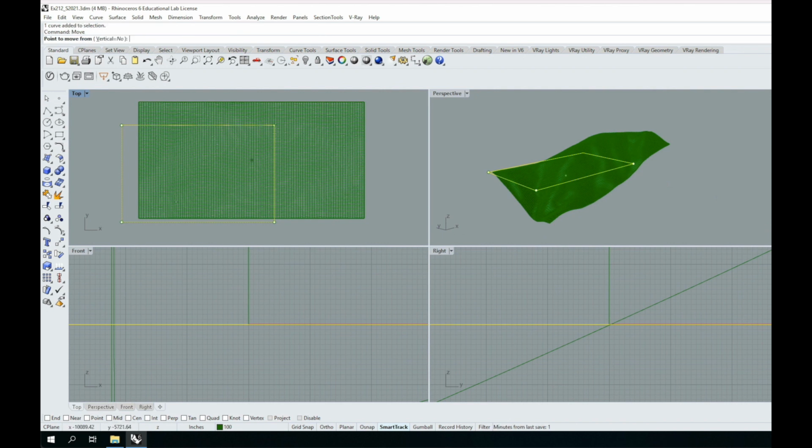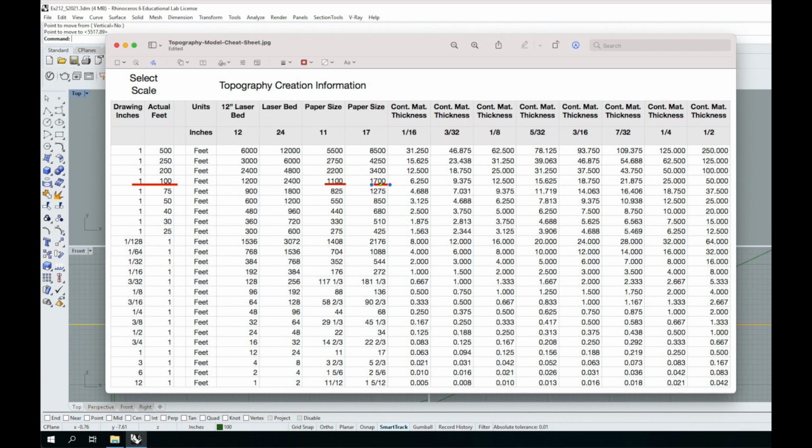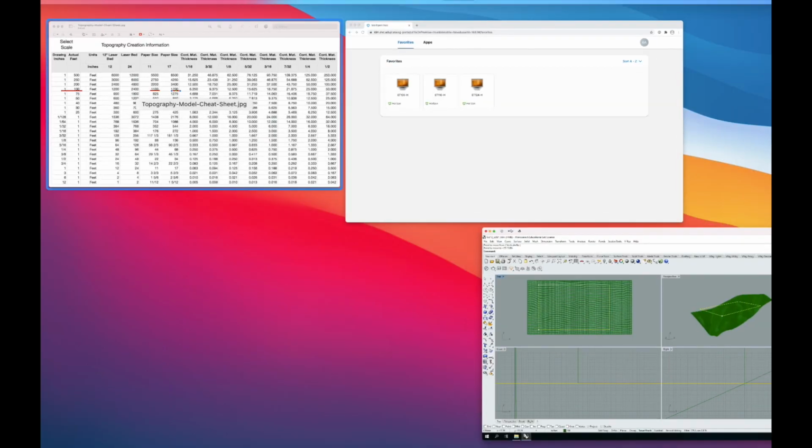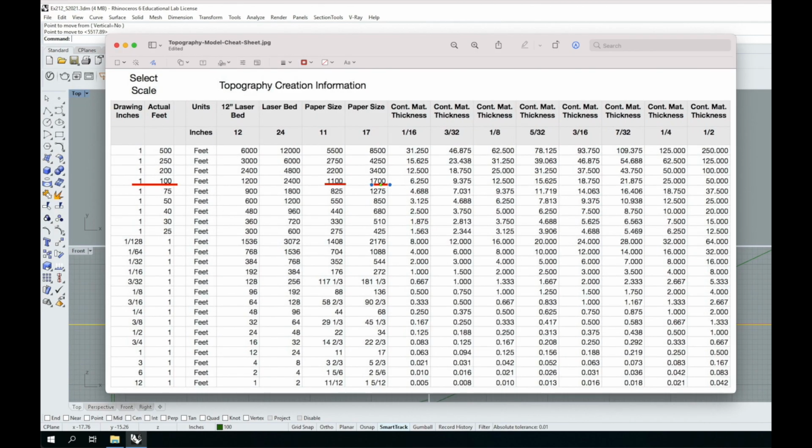So let me move it over there a little bit, and we'll move it up a little bit. Now you'll notice that in this lecture, if you watch the last lecture, it's a little bit different because last time I chose a scale at 1 to 250 as my example. But in that case, my terrain would have been too small to cut out accurately. So if I came over here and I did, sorry, I don't know this off the top of my head,